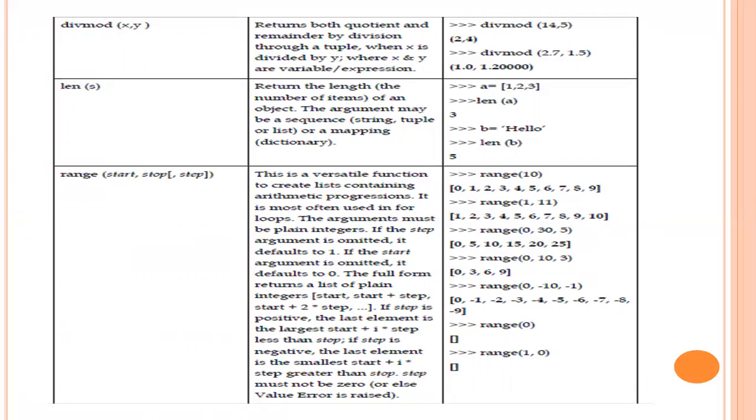If you are writing range(1, 11), it will start with 1 and the ending value will be 10 and step value default 1. If you are writing range(0, 30, 5), it will start with 0 and go till 29, and the step value will be 5, and so on.